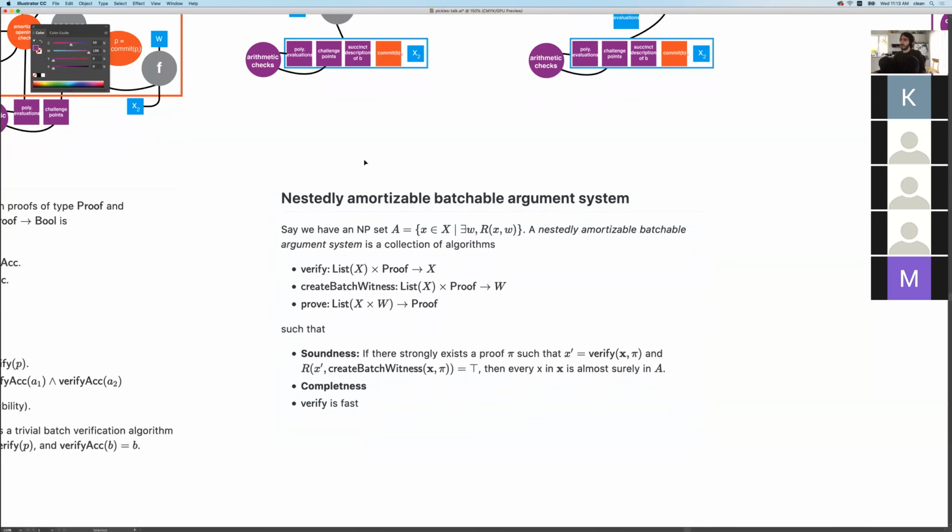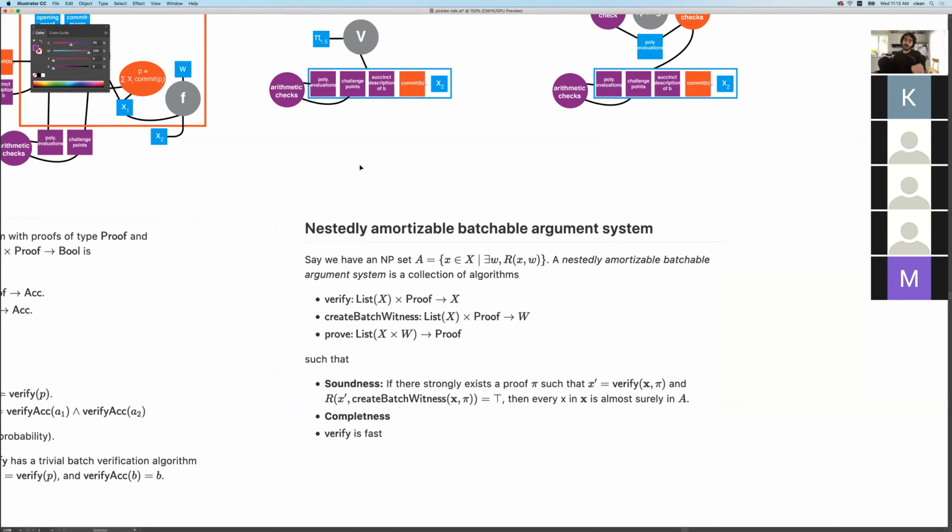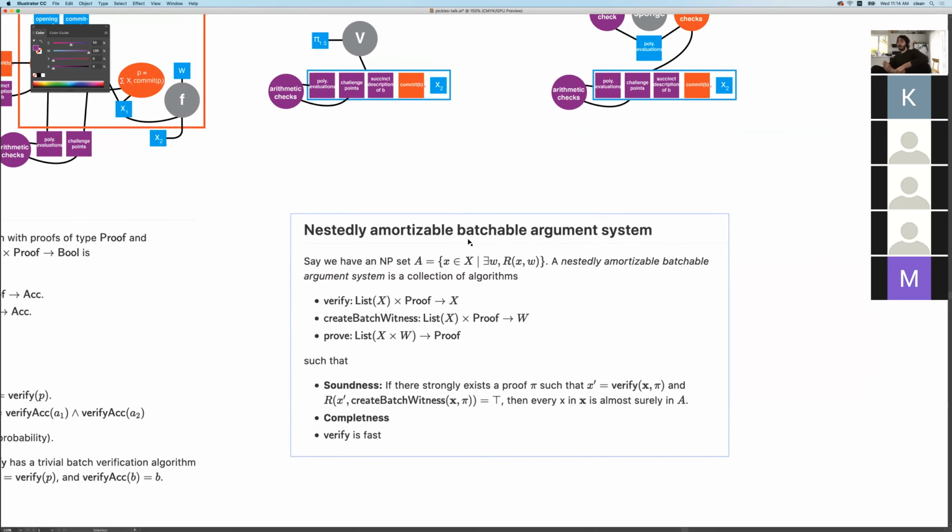And specifically, this is how Halo is able to achieve proof composition only relying on the discrete log assumption. They start from a proof system which is not really succinct. They start with a polynomial commitment scheme which is not really succinct, but is nestedly amortizable, batchable succinct. And what that means is when the verifier,